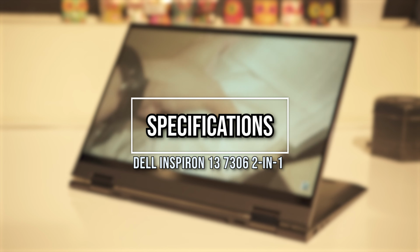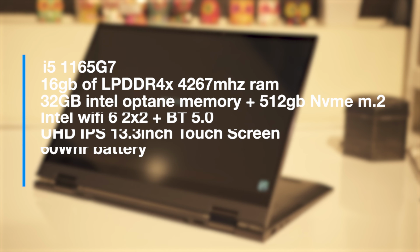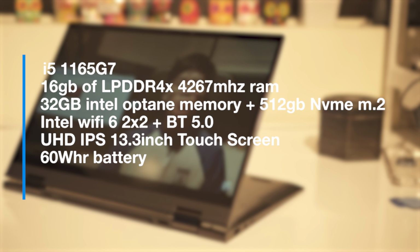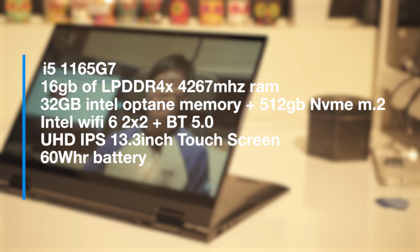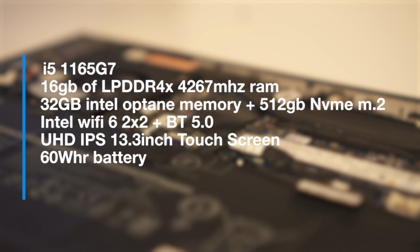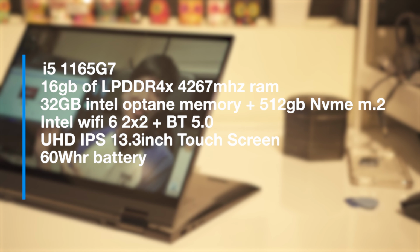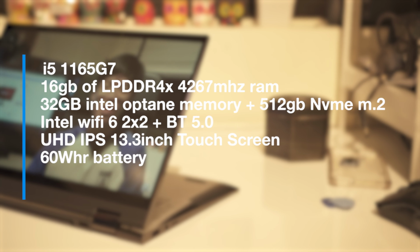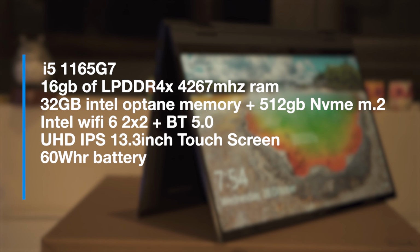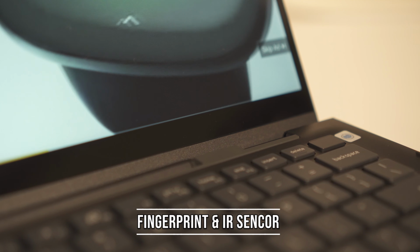For the specifications, it features the new 11th Gen mobile processors from Intel, the 1165G7, 16GB of LPDDR4X 4267 MHz RAM, with 32 gigs of Intel Optane memory with 512 gig NVMe storage drive, paired with Intel Wi-Fi 6 2x2 with Bluetooth 5.0. It has a UHD 13-inch touchscreen with Dell's Active Pen support, a 60 Wh battery, fingerprint sensors, and IR sensors